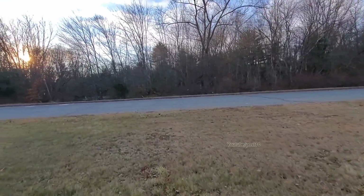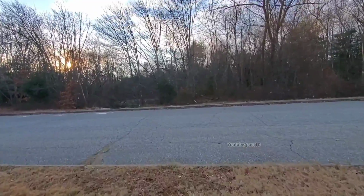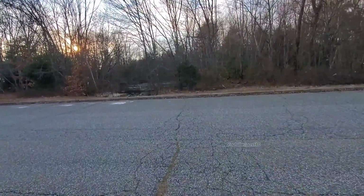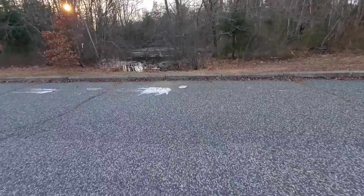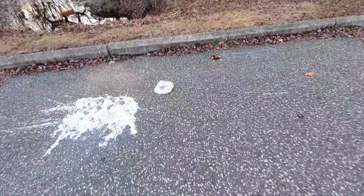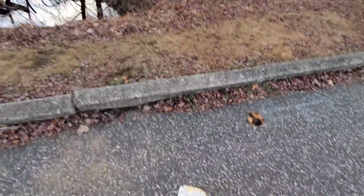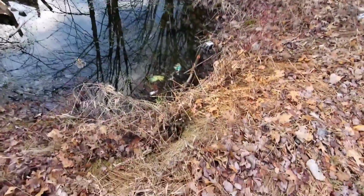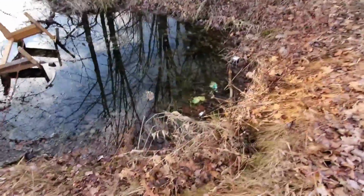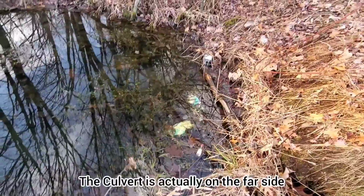Let's go see what's up at this little pond, which also has a culvert right here in the front of Kmart. And what is this stuff smeared all over the ground? It looks like the crew that was marking to put the fence in maybe left one of their spray cans. No. That's just typical house paint. Someone probably dumped. And look at this, somebody dumped that too, right into the waterway. I believe there is a culvert here, actually. Maybe not. I think I've looked for this in the past and was unable to locate it, but